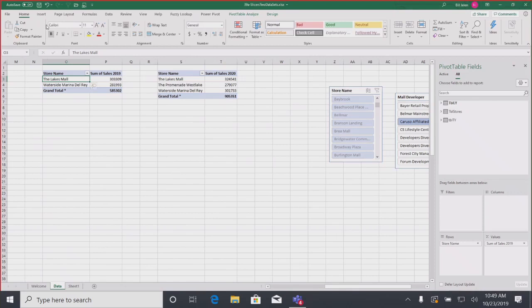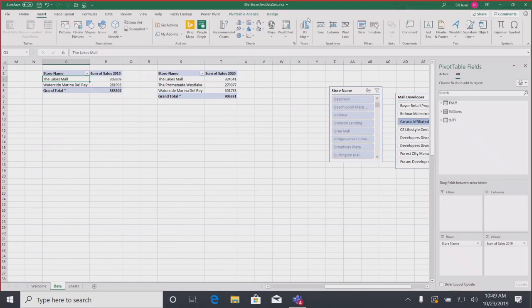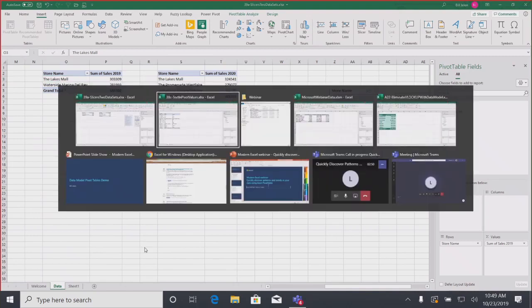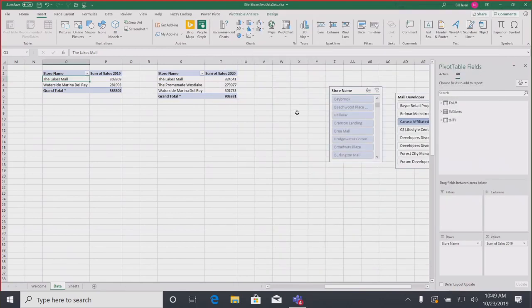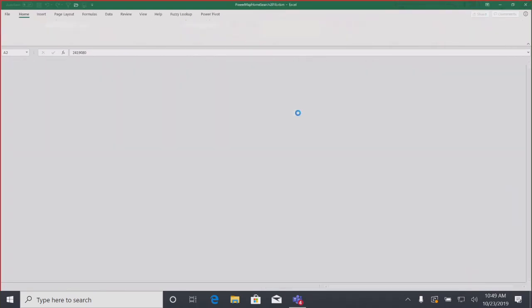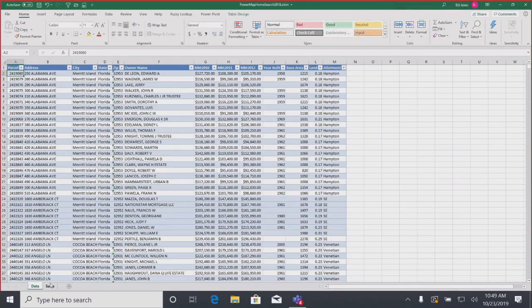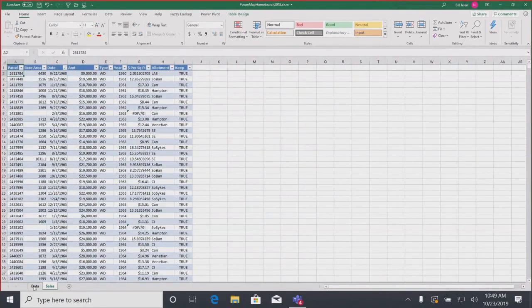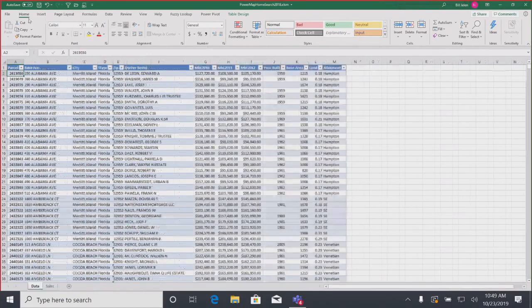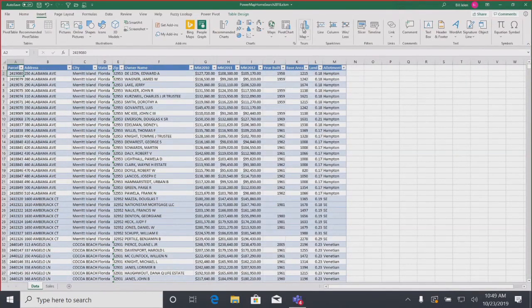One awesome feature that came along all the way back in Excel 2013 is called the 3D map, and that is creating a pivot table, but it's a special kind of pivot table, because it's a pivot table that we're going to put on a map. And this is a modern pivot table as well. So here I have 2 sheets worth of data. These are a bunch of houses, 2,400 houses in a neighborhood on sheet 1, and then 6,000 rows of data for each of those houses every time it was ever sold, going back to the beginning of time here. And I want to create a pivot table from these data sets and visualize that data on a map.